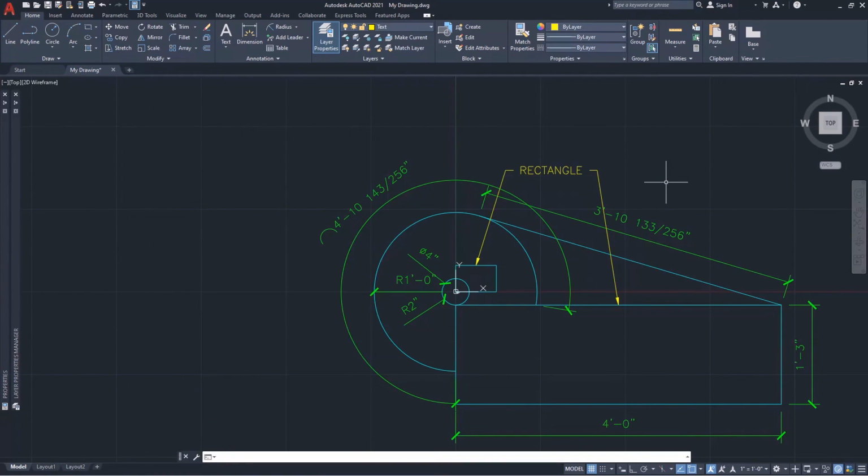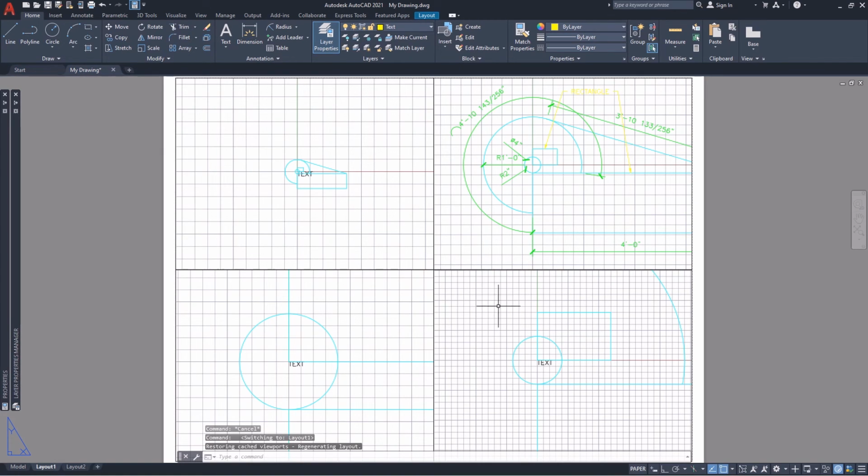Navigate to your Layout 1 page Layout tab. What we see here is that really light colors such as yellow and cyan are extremely difficult to view on a white background. Let's make one change to our display in both Model Space and our Layout tab. Let's navigate back to Model Space,